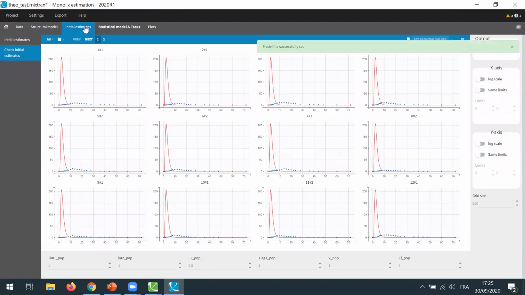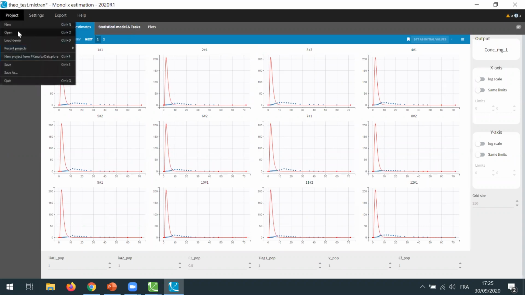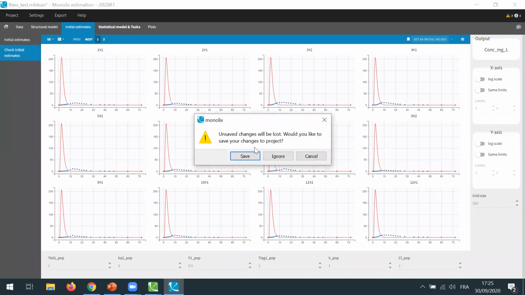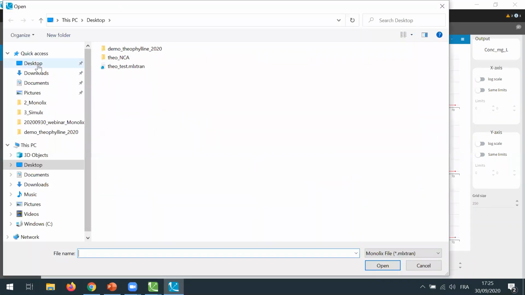And this brings me to the tab initial estimates that you already know. And here I can choose some good initial values, and then I can estimate my model. So instead of doing it right now, I will save some time to show you the simulations afterwards. So instead, I will just load directly my final PK model to model this data in Monolix. I will show you the results, and then I will move on straight to the simulations.